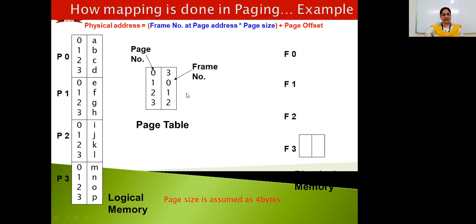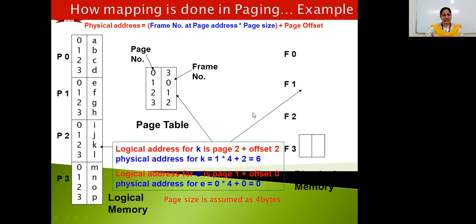Now, in the page table here, some bytes of page 0 are mapped with the frames of physical memory. In this example, you will very well understand what is meant by offset. Let us first find out the physical and logical address of 1 byte of any page available here. So let's take the example of the K byte. First of all, we need to recall the formula for logical address, which is page number plus page offset.